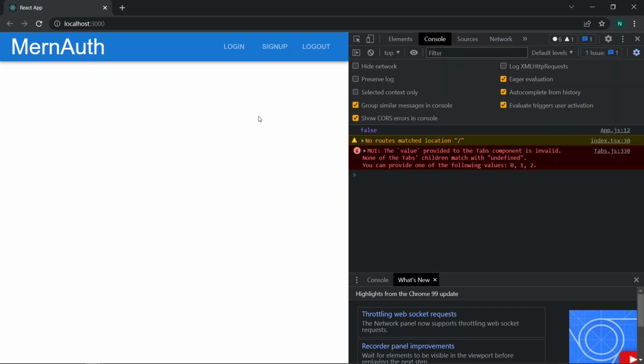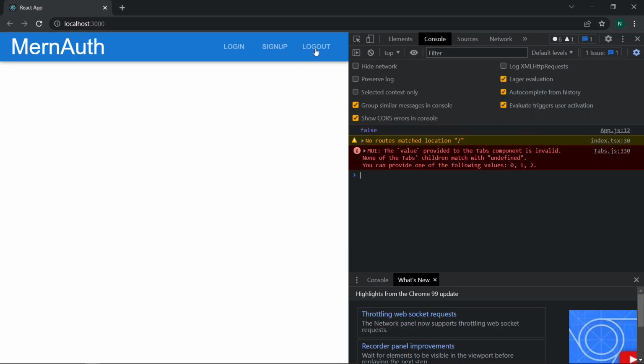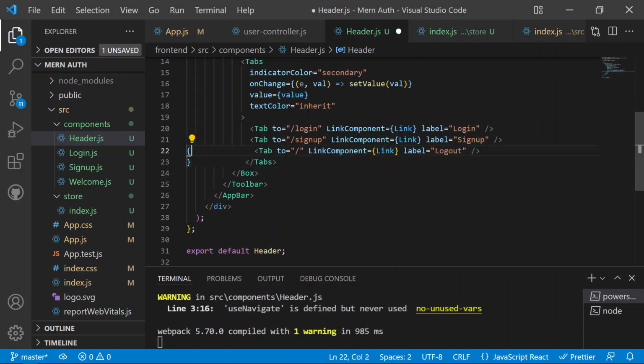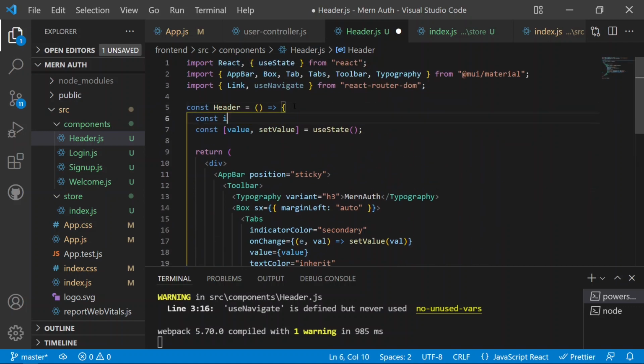And now we can use that isLoggedIn property in the header also. So now we have the three routes in there, so we need to check if we have isLoggedIn. We can just grab the isLoggedIn here also. So const isLoggedIn,